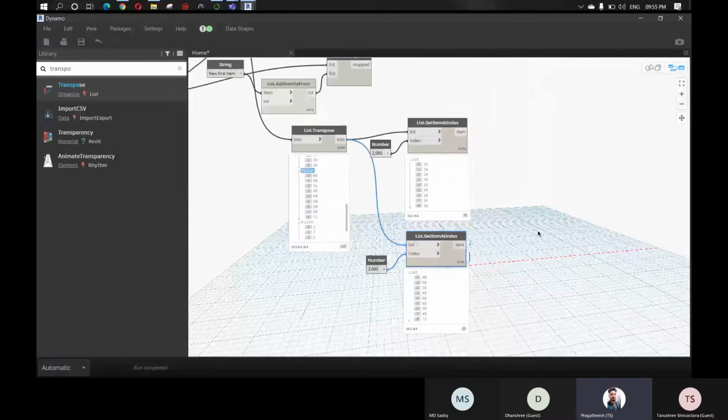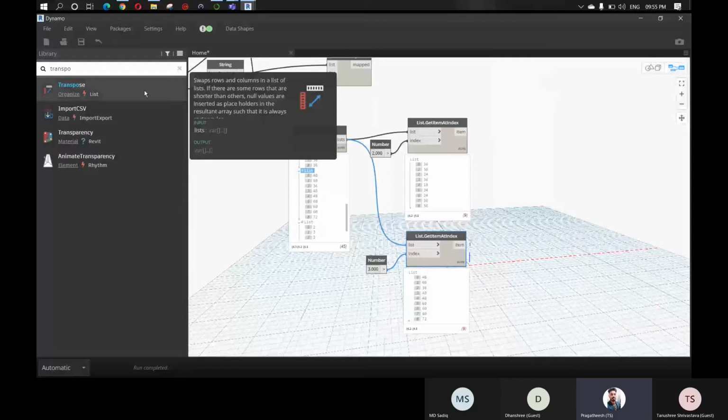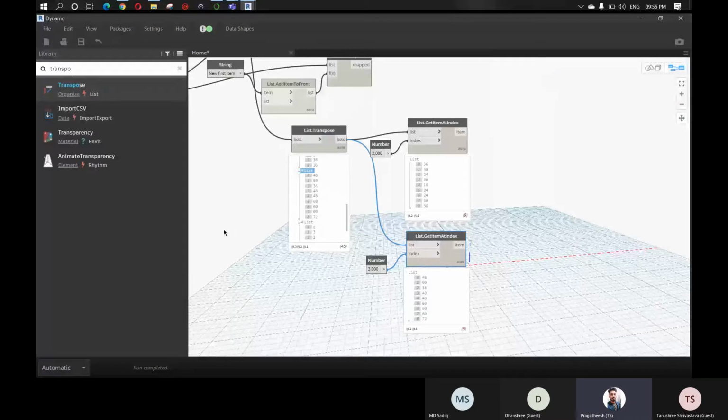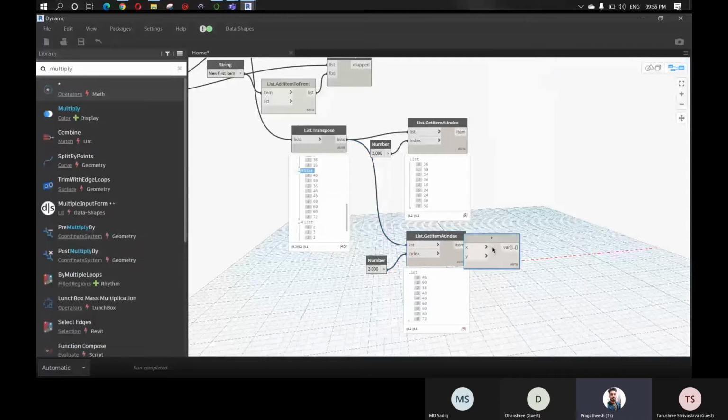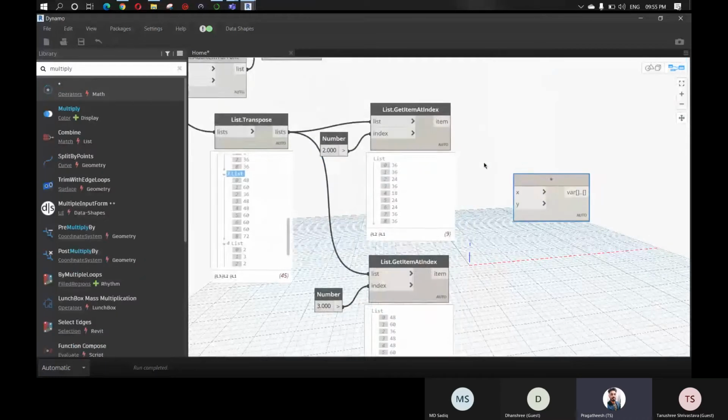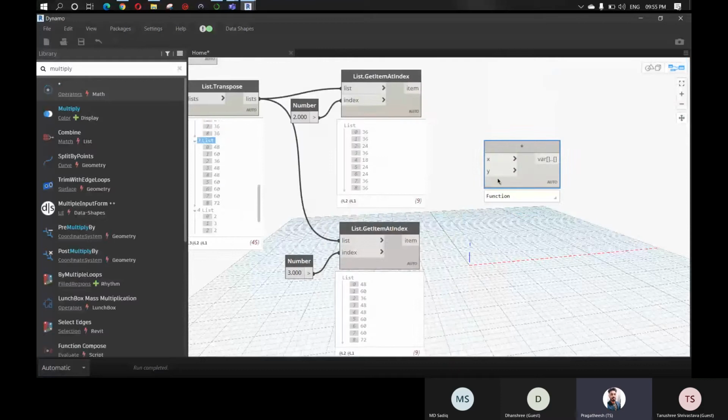So now we can do some mathematical functions if you want. Let's say that you want to multiply the width and height. In that case, use a multiplication node, and we have two inputs, which are x and y. You all know that we can give a list as an input, right? So connect this item to the x and this item to the y, where x has all the width details and y has all the height details, right?